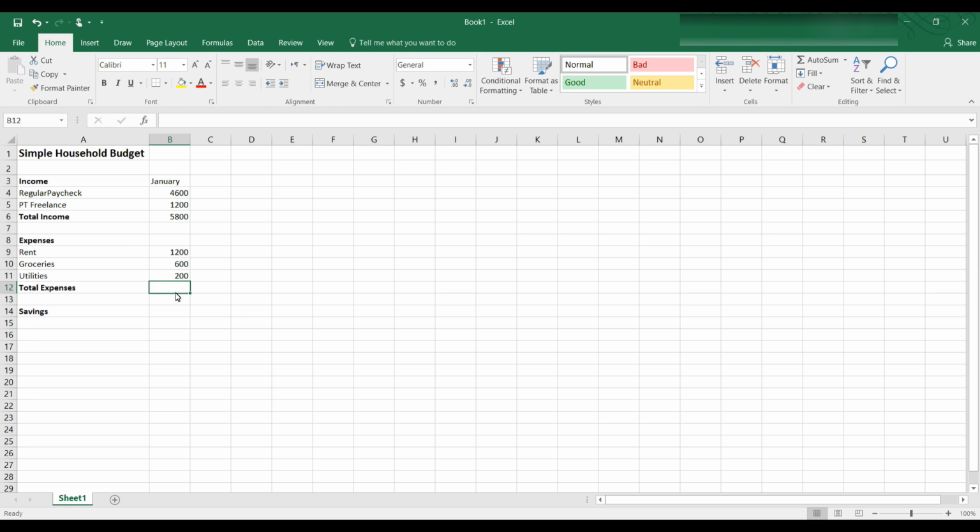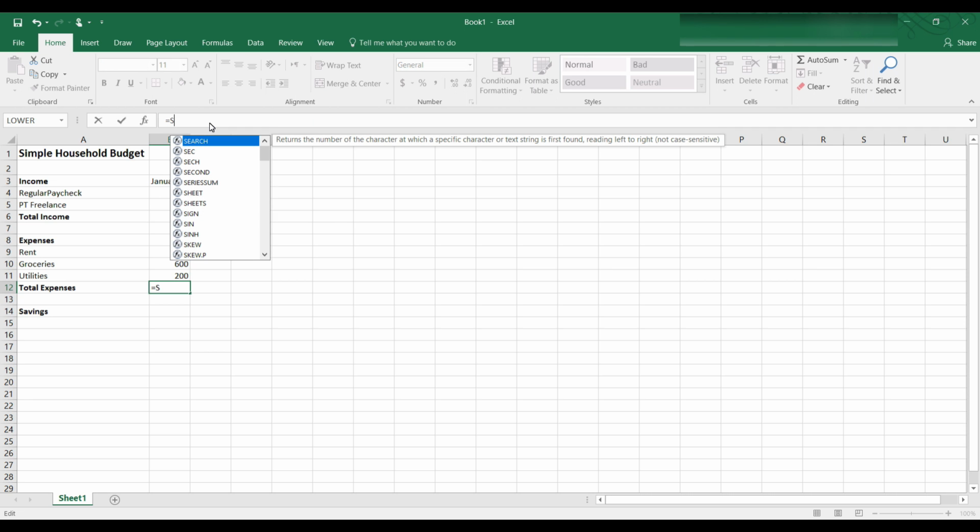Or I can use the sum function. So let's go ahead and see what the sum function looks like. So let's select B12. That's where we want the total expenses to be calculated. And in the formula bar, we type equal. Now this time, instead of typing in B9 plus B10 plus B11, let's use a simple function called the sum function. The sum function is easy. It's SUM. As we start typing the function you can see a list of functions that come up here,